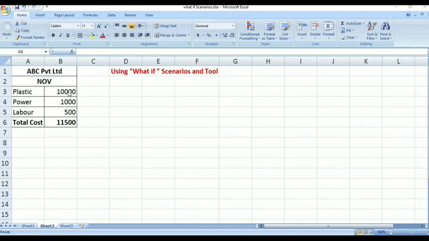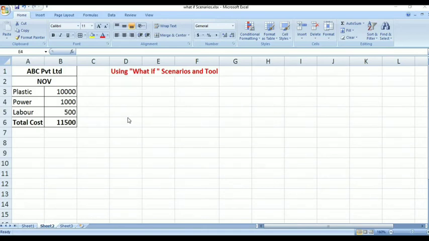Means if we change the value of the amount of plastic, power and labor, the total cost will automatically reflect. How much can the value of PVC pipe increase and how much can it decrease? For that we can create a scenario, means what if scenario.